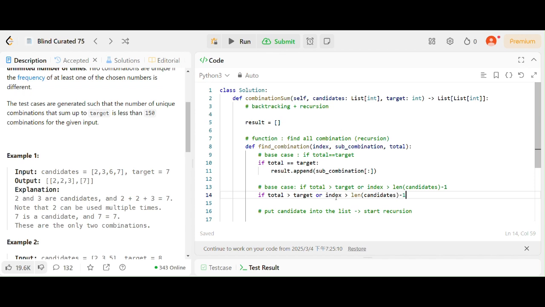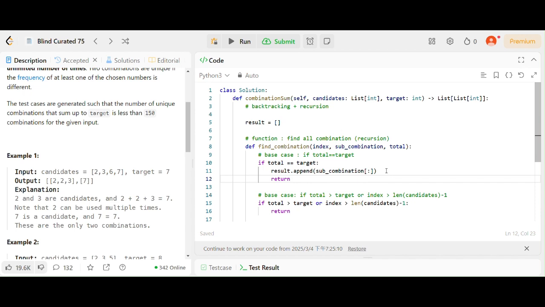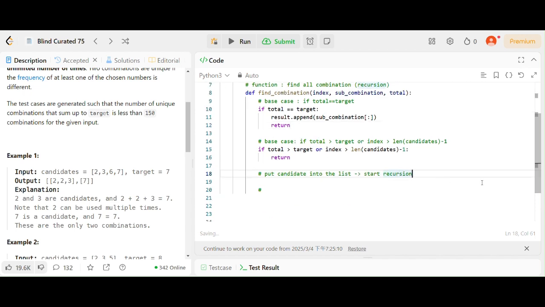The second base case is total bigger than target. In that part we should return. So we got two base cases to stop our recursion and then stop our logic. So our sub combination should append,